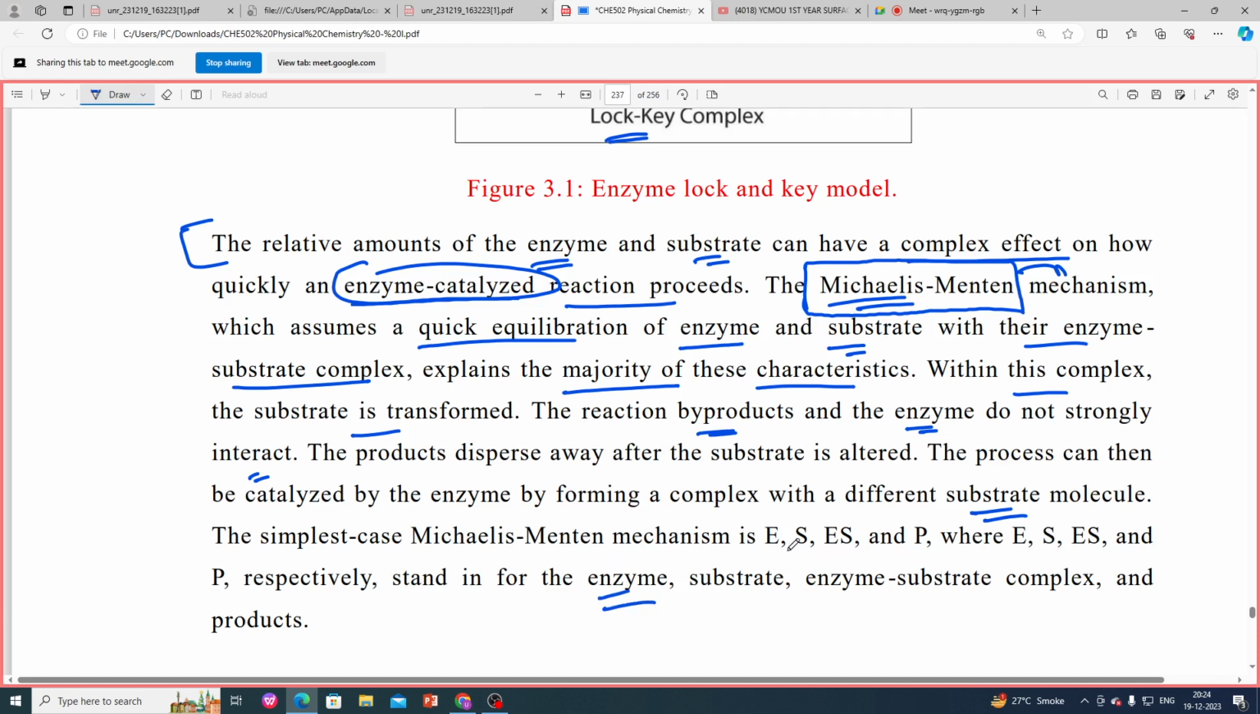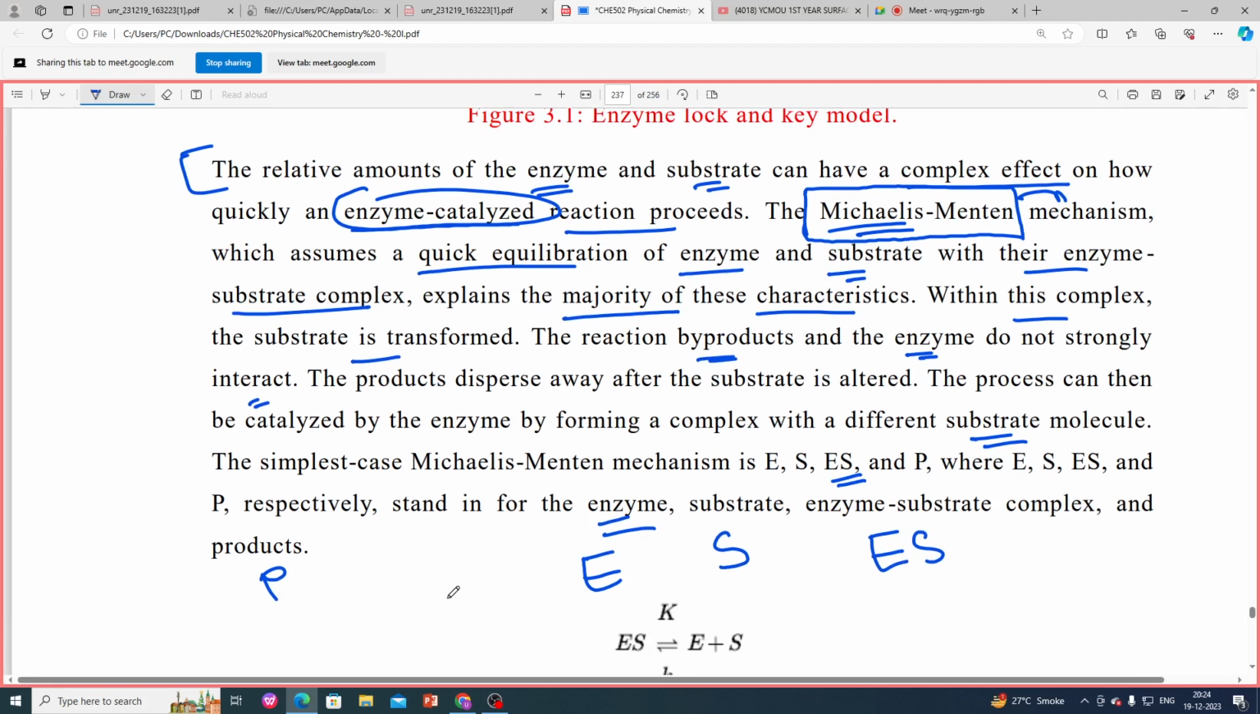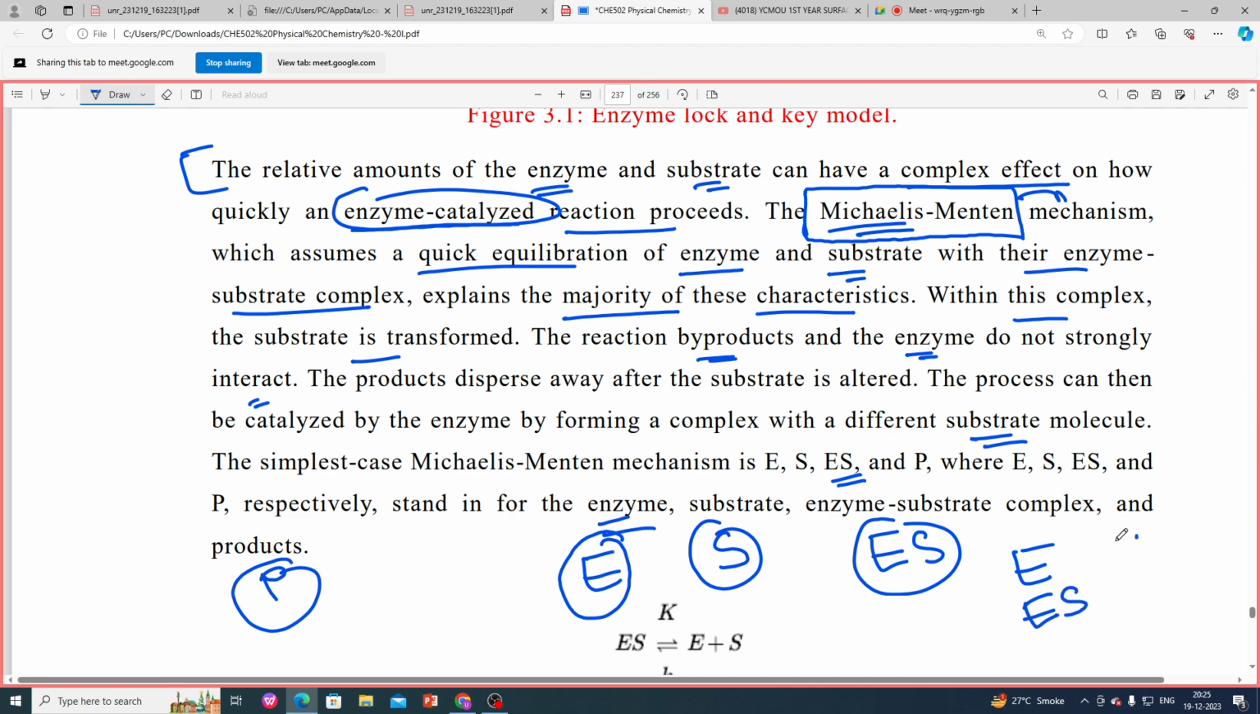the enzyme. E is the enzyme, S is the substrate, ES is the enzyme substrate complex that will form, and P is for the product. So here E means the enzyme, S means the substrate, ES is the enzyme substrate complex and P is the product. From here on, whenever we write, E will mean enzyme, ES will mean enzyme substrate complex, S will mean substrate,